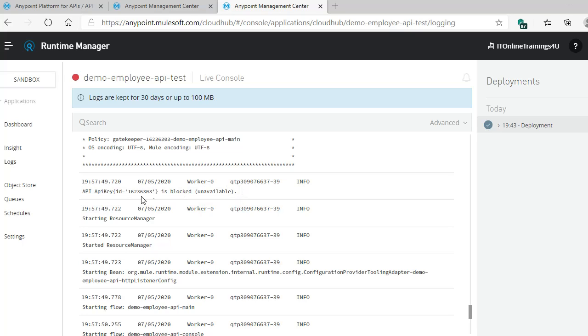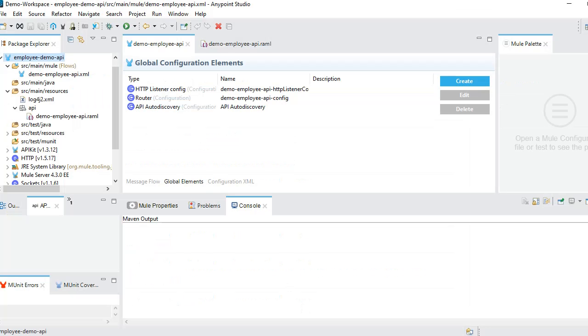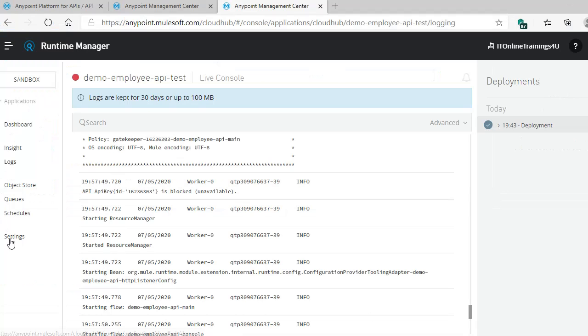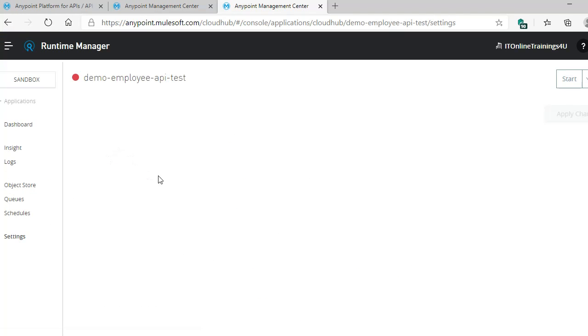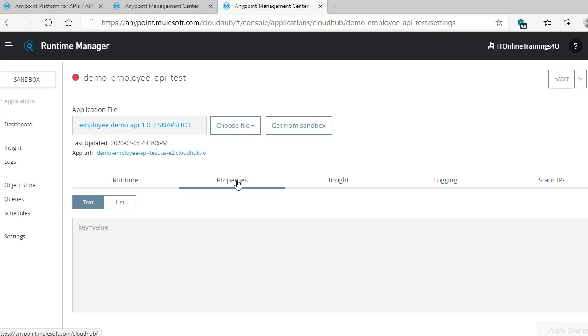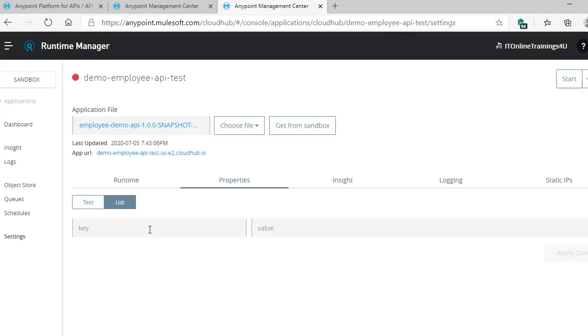So in order to make this API auto discovery work, along with the API key change in our code, we need to provide the Anypoint platform client ID and client secret under properties.